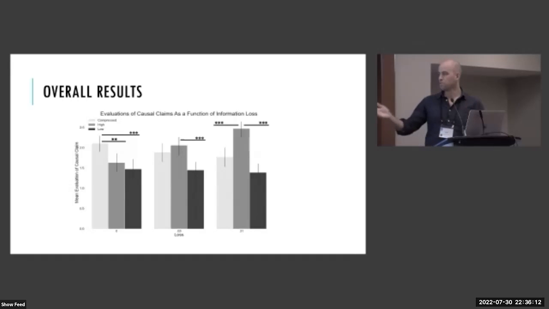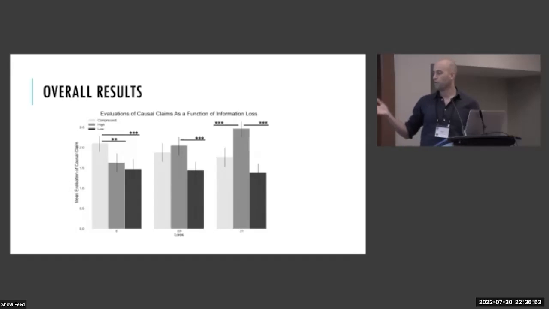On the other hand, when you move to a moderate amount of information loss, so now this is 0.03, we see that people do prefer the high causal claim to the low causal claim, right? The low probability causal claim. So they want to include causes that raise the probability of their effects over ones that don't raise the probability of their effects as much. But there's no significant preference for the high probability, more detailed causal claim over the more compressed causal claim. So it seems that where information loss is moderate, people are treating causal claims that explicitly elide some information as on a par with more detailed causal claims that include all the relevant information.